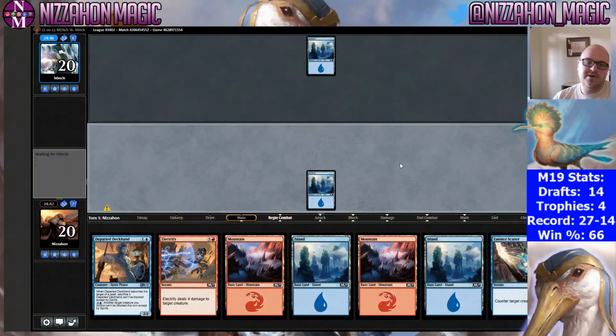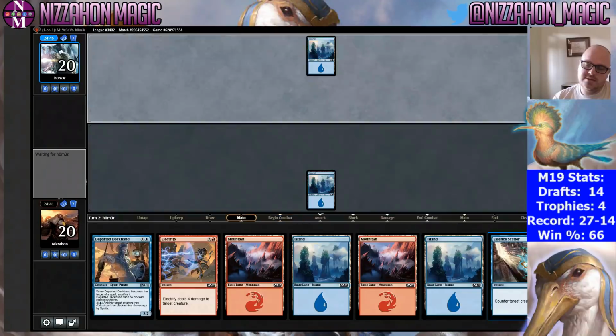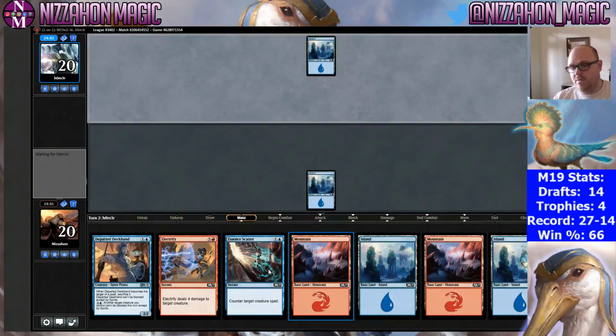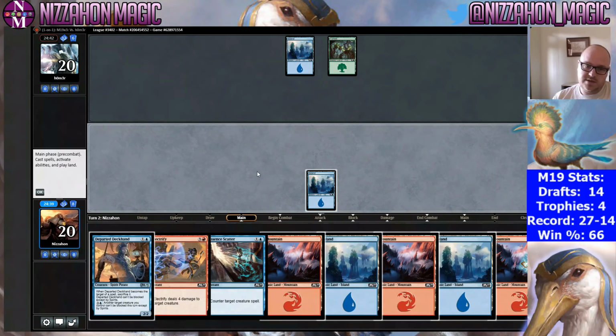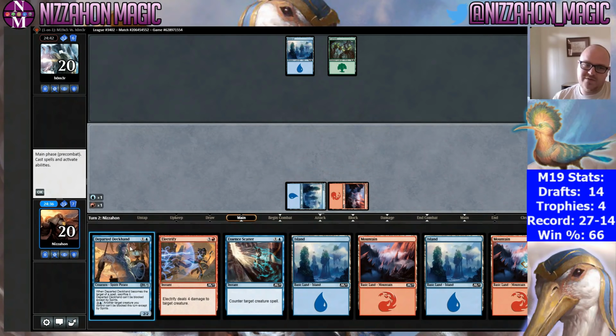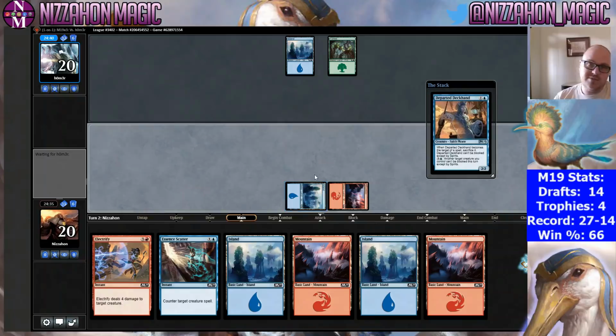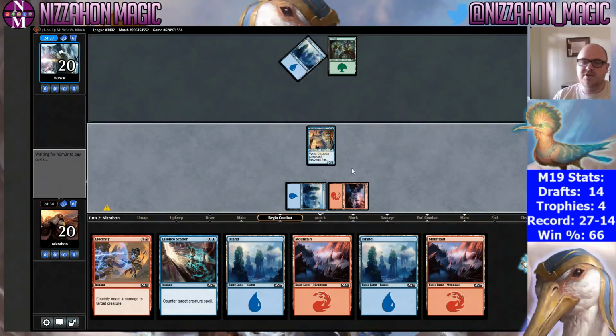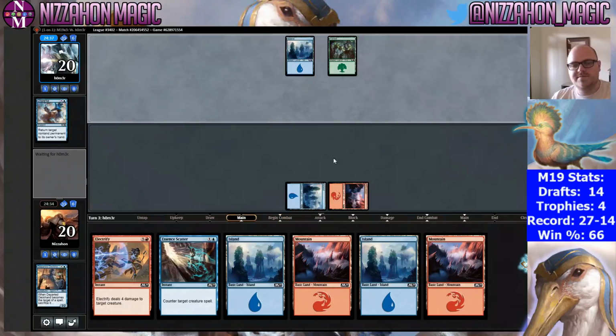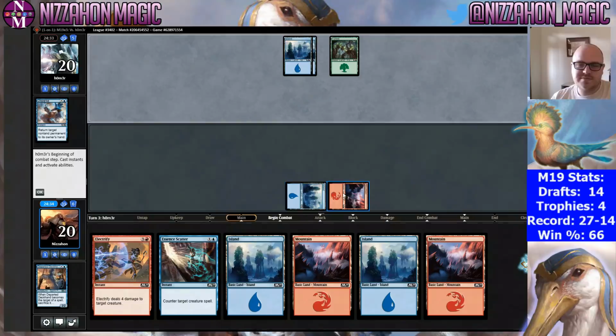Probably use this on whatever creature they cast on turn 3. The thing to keep in mind about counterspells in limited generally is you just cast them when you can. Waiting for something specific isn't always a good idea, because it's usually better for you to be advancing your board than hoping they're going to cast something you can counter. Oh, damn it. It's not the end of the world, but...